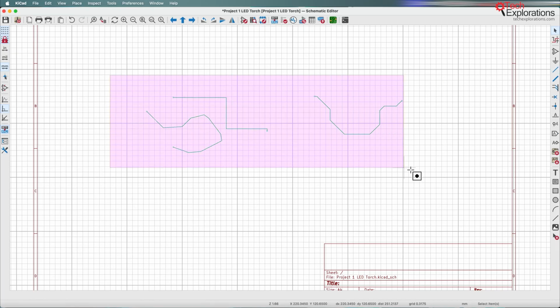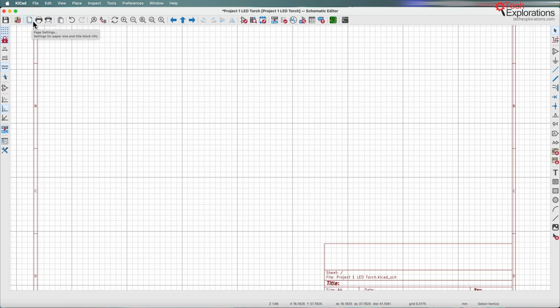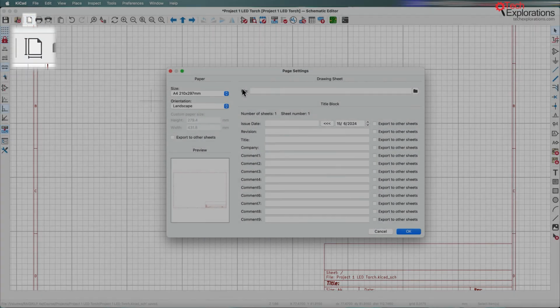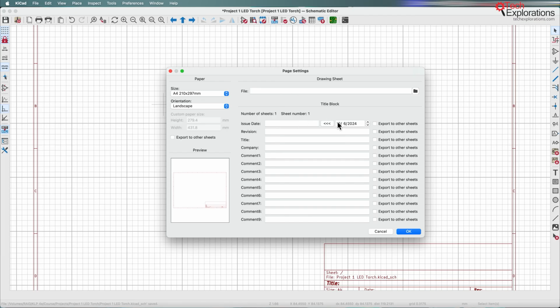So let's select all that and hit the delete key and clean it up. And there's one more thing that I want to do here before we go to the next lecture to drop the symbols onto the sheet, and that is to configure the page. So I'm just going to add some information here in these fields. So let's get the date, the revision, the title,